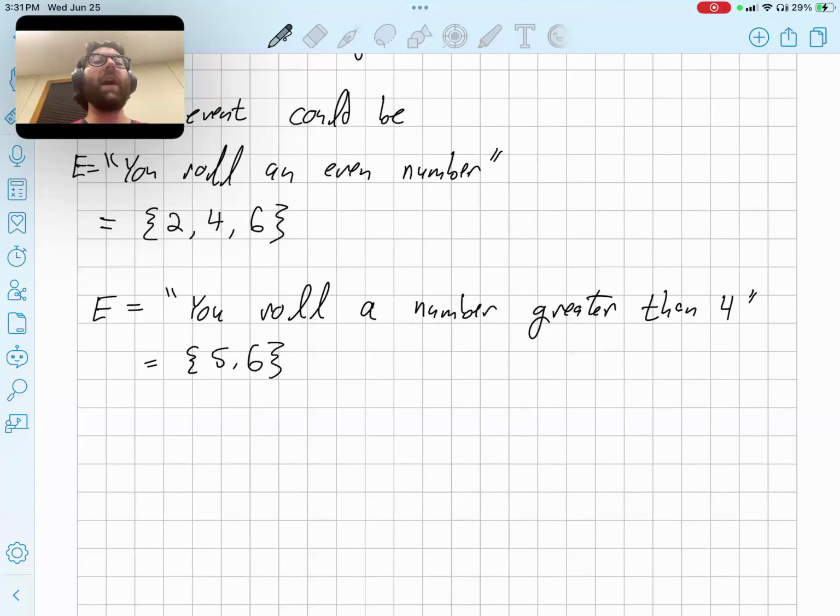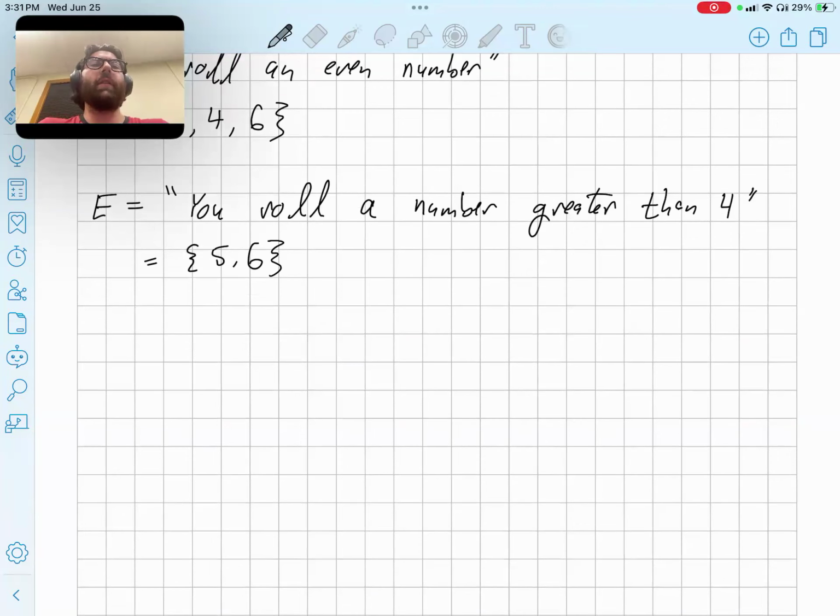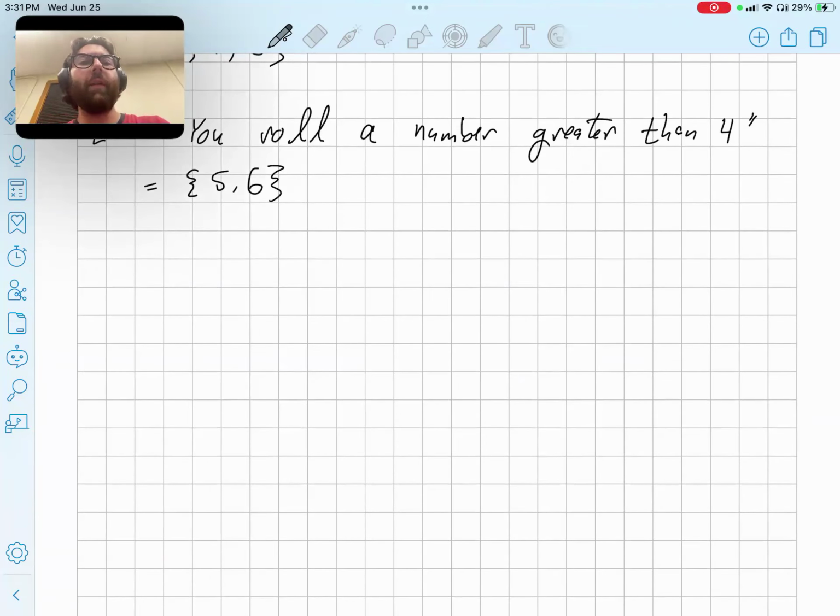So if you roll a 5, that means your event occurred. You rolled a number greater than 6. And 6 is also greater than 4, so that your event occurs. And so